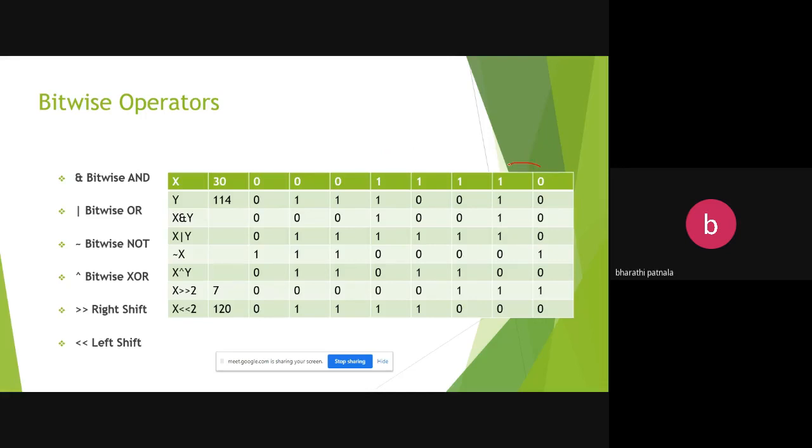Then these 2 bits are moved out completely, and the other bits are placed here. The vacant bits will be filled with 0. Then the value changes to 7. So 4, 2, 1. When you add these 3 bits, it results in 7.